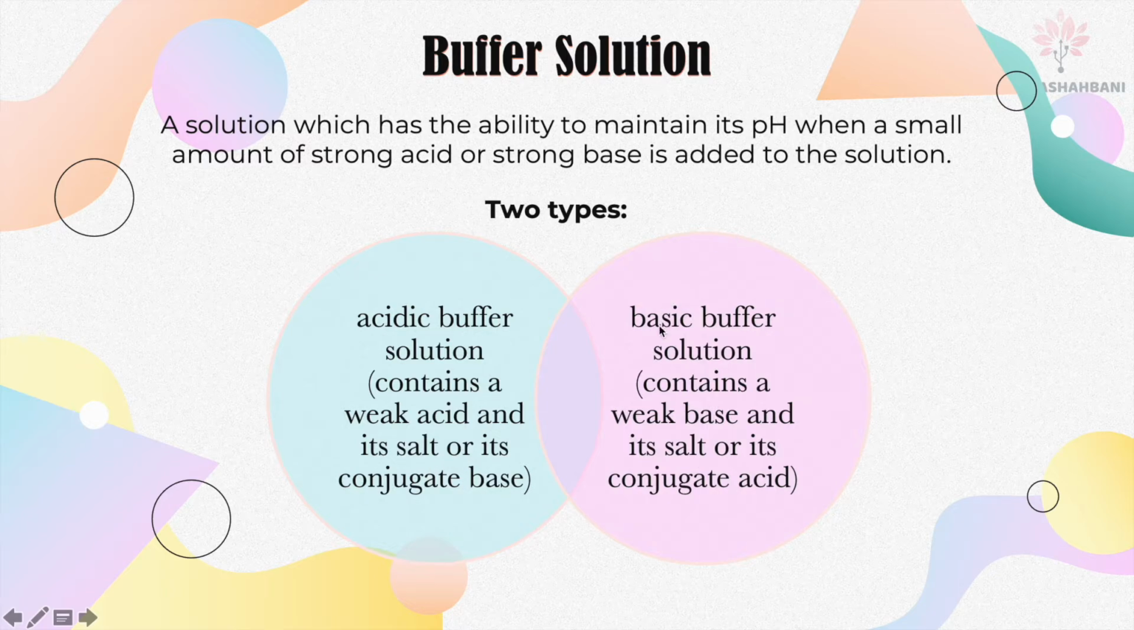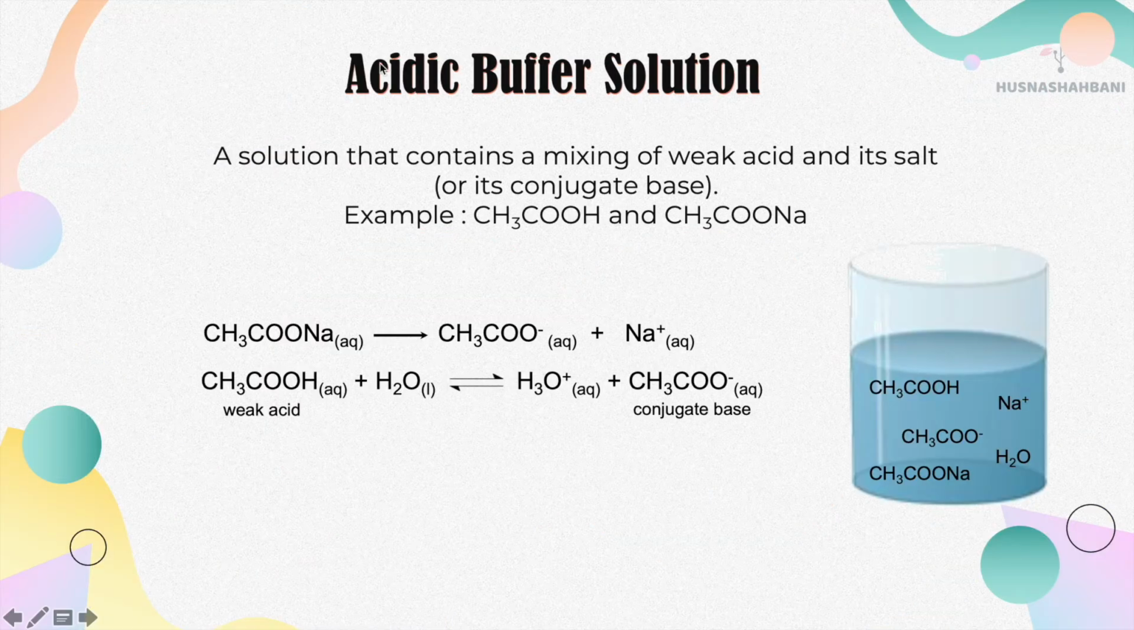The second one is basic buffer solution. Basic buffer solution contains a weak base and its salt or its conjugate acid. Acidic buffer solution, as I've mentioned before, is a solution that contains a mixture of weak acid and its salt or its conjugate base. For example, here we have CH3COOH. This is a weak acid, and its salt